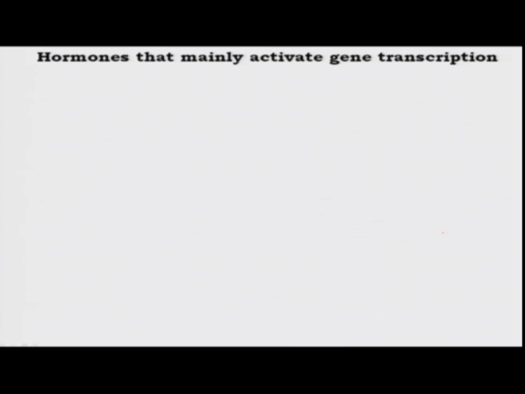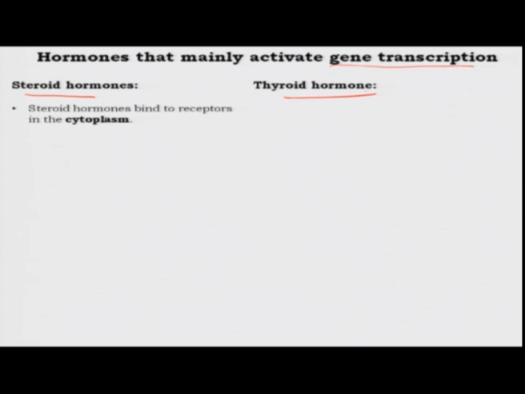Now, let us see what are the differences that exist between the two main types of hormones that activate gene transcription. So, this was the steroid hormone and the thyroid hormone, right. So, the steroid hormone, as I said before, its receptor is present in the cytoplasm, not in the nucleus. Binding to the hormone actually allows the hormone receptor complex to enter the nucleus. So, before this the receptor was not able to get into the nucleus. So, only on binding of the complex to the hormone can it get into the nucleus,